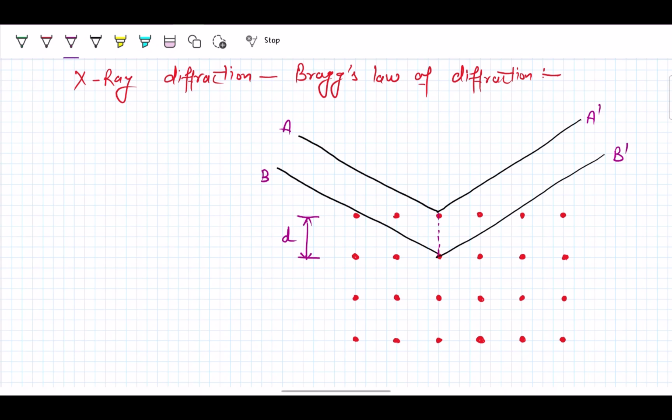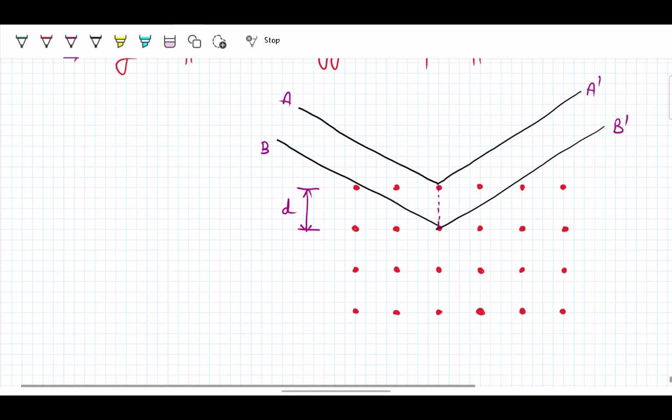Today we will talk about X-ray diffraction and Bragg's law of diffraction. To derive Bragg's law, let us consider a set of planes. Here we have a set of planes: the first plane, second plane, third plane and fourth plane. The distance between these planes, as we discussed in the previous lecture, is represented